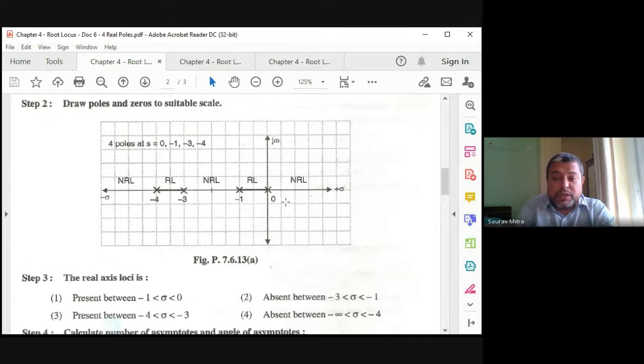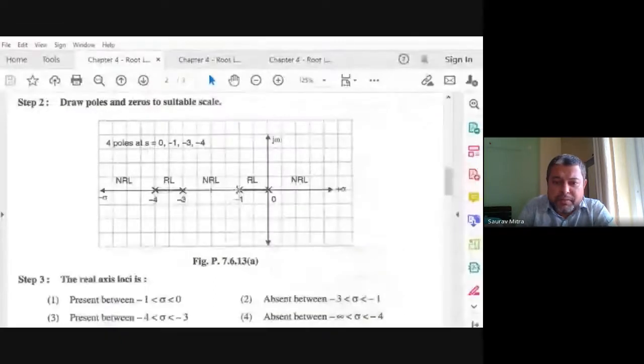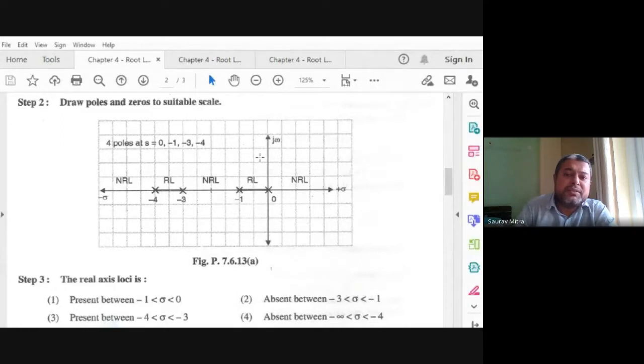So there will be two root loci, there will be two hyperbolic kind of shapes. Okay, so one will come from here, the shape we have seen yesterday. So the same thing will be applicable here. So -1 will come right, 0 will come left, breakaway point. Then the 0 pole will go to the left and expand, and it will go like this first to minus infinity. And this -1 also will collide, come down, and it will go like this. What will happen to this -3 and -4? Same thing, but maybe at different values. Okay, so this -4 also will come to the right hand side, and -3 also will go to the left hand side. They will collide at a point.